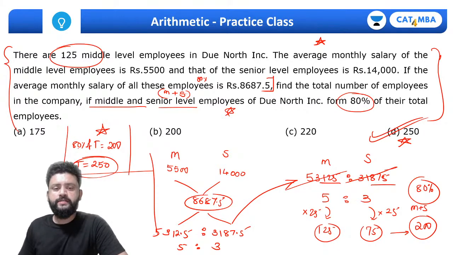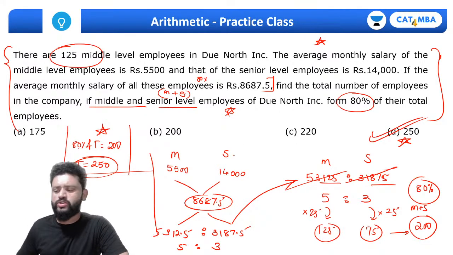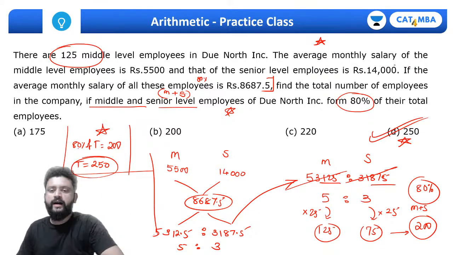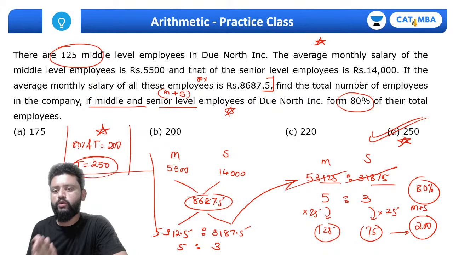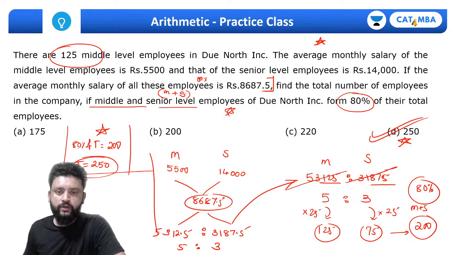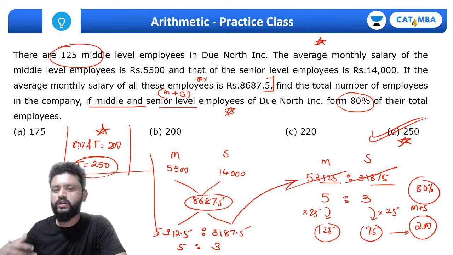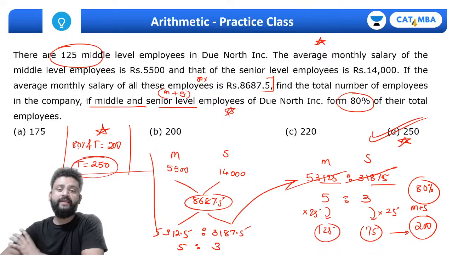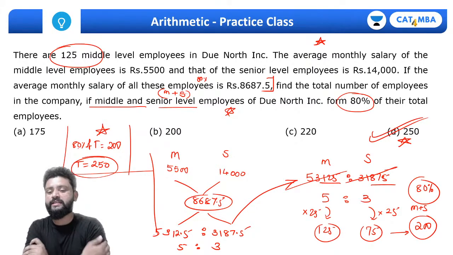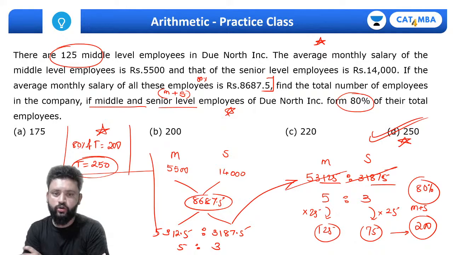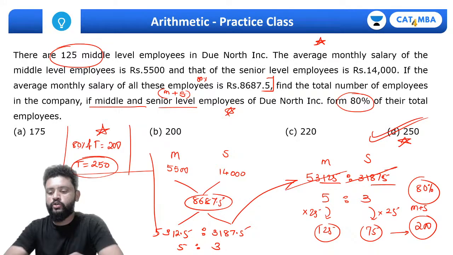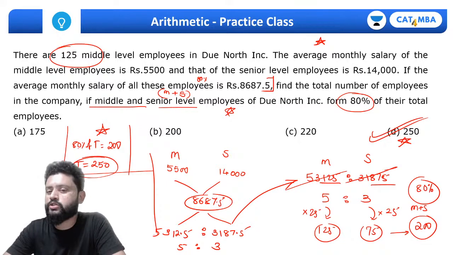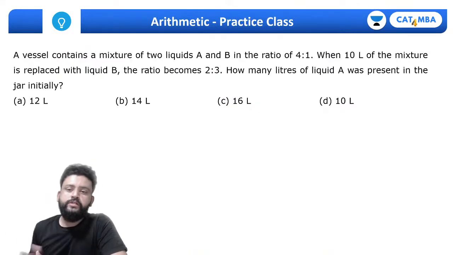So you understood this? So mainly CAT में most of the time arithmetic के जब भी questions आते हैं ना, so you need to apply the shortcuts. That is quite important because most of the time arithmetic is the question. Arithmetic पे most of the time lengthy questions मिलते हैं. So you should know, either way you should know the shortcut or you have to skip that. So keep in mind, do not spend too much of time. Just if you understand the question, that doesn't mean you will spend 5 minutes on one question. Okay, you should have the proper trick to finish it within 1 or 2 minutes max. Try for the next one.